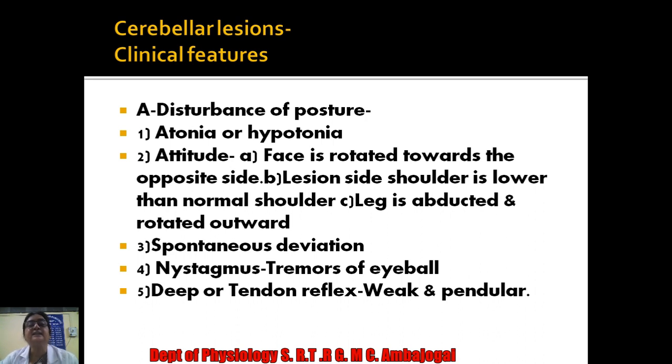Now in the cerebellar hemisphere, you have already seen that the control is ipsilateral. So if there is a lesion on one side of the cerebellar hemisphere, the signs or clinical features are seen only on that side. But if the lesion is on the vermis, then the clinical features are seen on both sides. These clinical features we will discuss under the following points. First we will see what the disturbances of the posture are. So in that